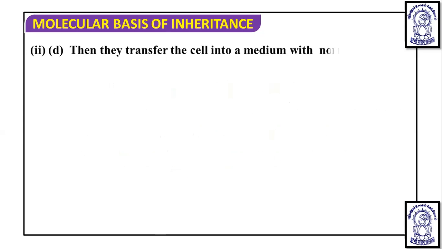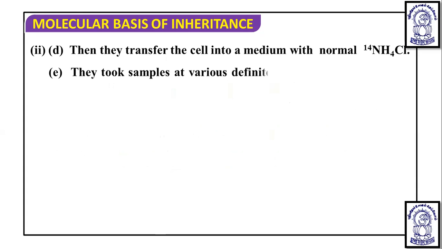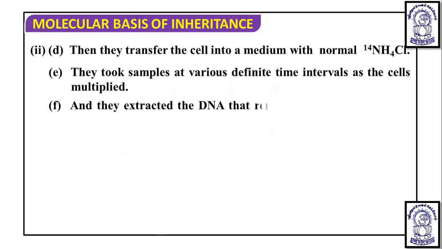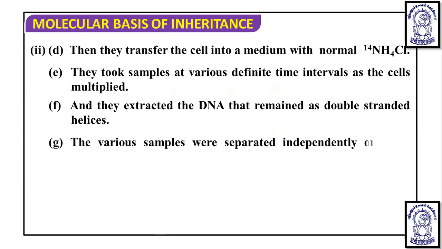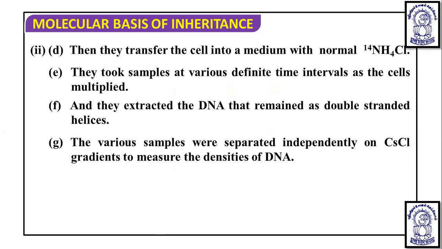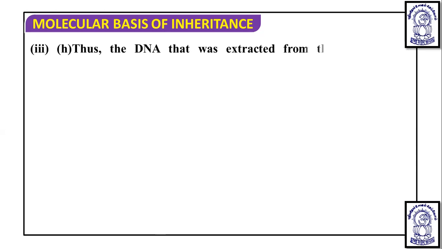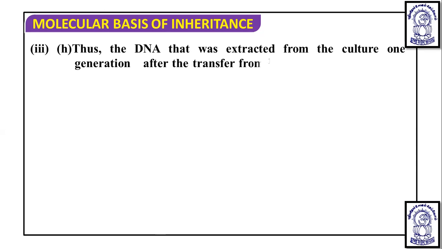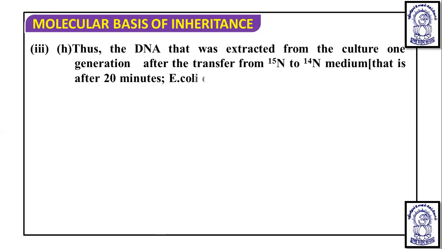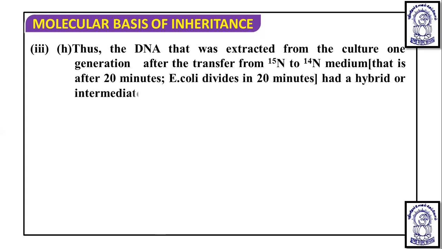Then they transferred the cells into a medium with normal NH4Cl. They took samples at various definite time intervals as the cells multiplied, and they extracted the DNA that remained as double-stranded helices. The various samples were separated independently on a cesium chloride density gradient to measure the densities of the DNA. Thus, the DNA extracted from the culture one generation after the transfer from N15 to N14 medium, that is after 20 minutes,